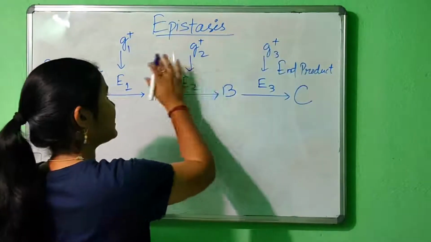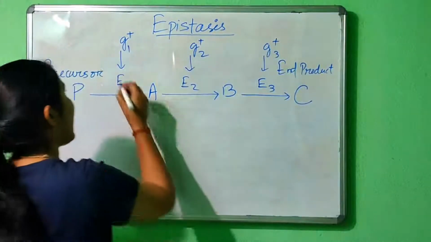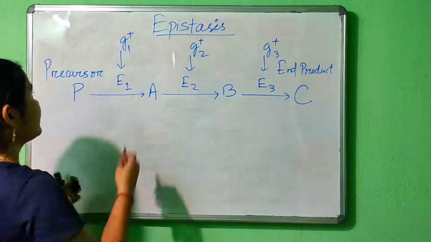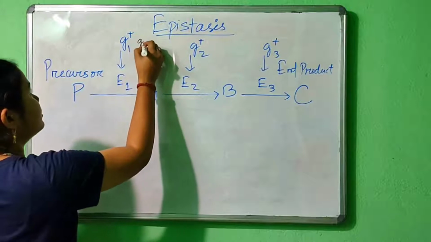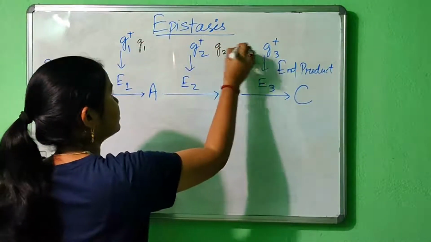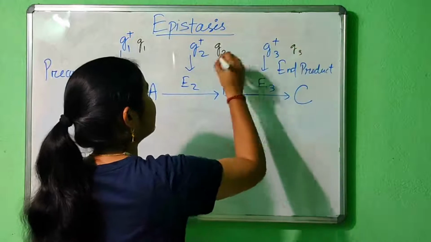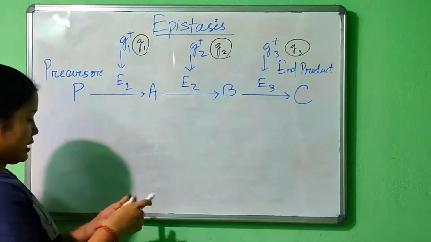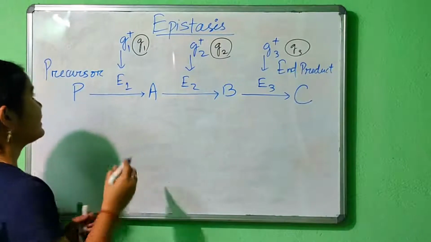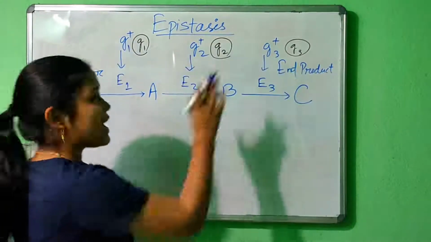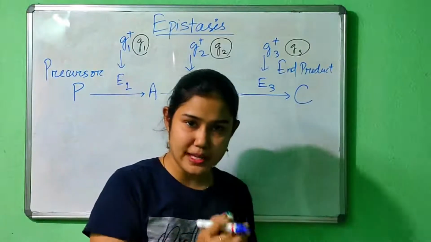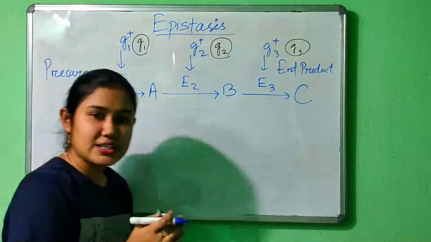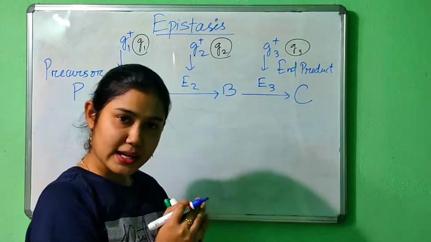So these are the dominant forms, and I am writing the recessive forms in lowercase. So g1, g2 and g3 are the recessive forms of the genes. When these genes are in the dominant wild type condition, then the production of enzyme is normal,